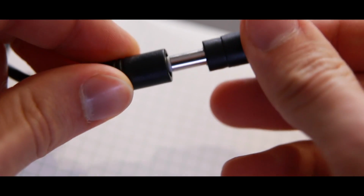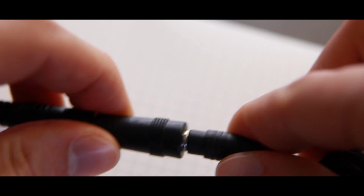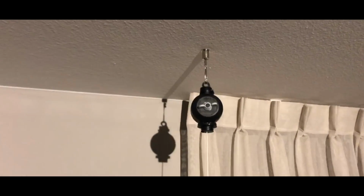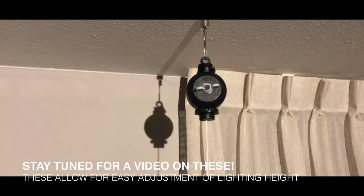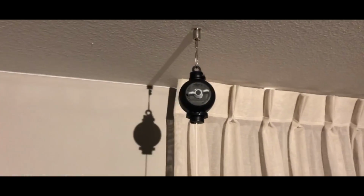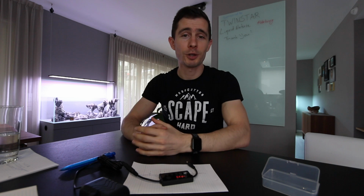Now we have to find which connector fits best to the Twinstar 1200 SP. And if you can see there, just below the roof or below the ceiling, you can see these little boxes. There will be a video about them. They will allow me to raise the light up and down. Pretty cool. So this is it, guys. I will attach the timer now to my aquarium and enjoy an automatic ramped up and ramped down cycle on